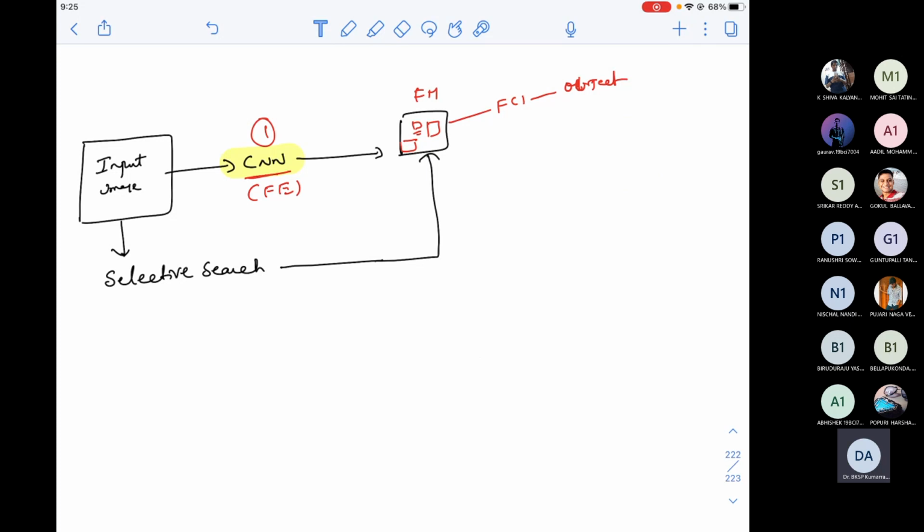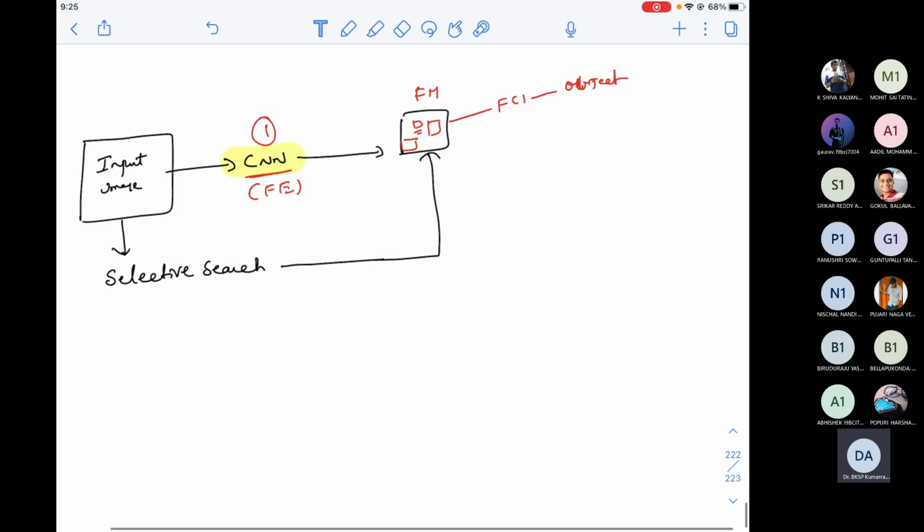I have not included the fully connected layers in this feature extraction part. Now I'm extending it and asking the system to retrain the weights and detect the object in the box that was proposed.